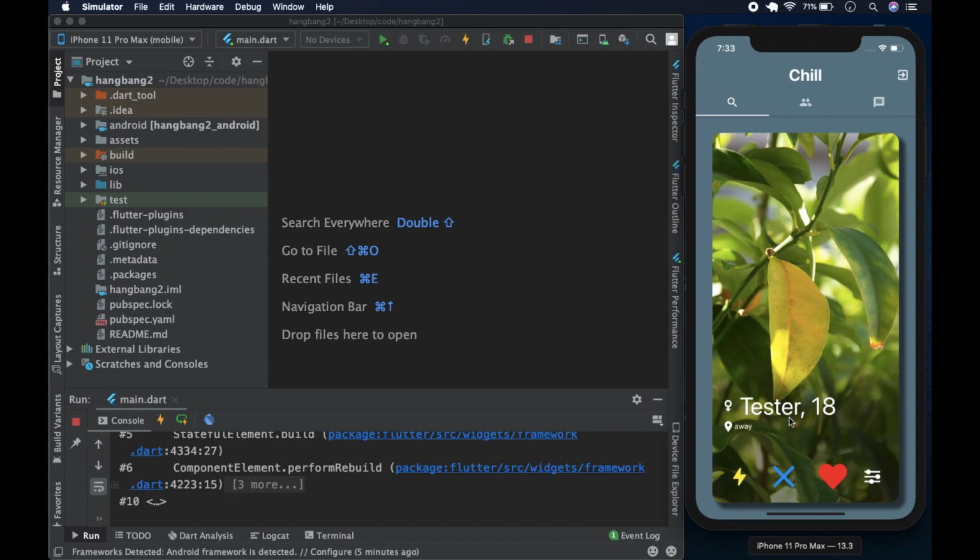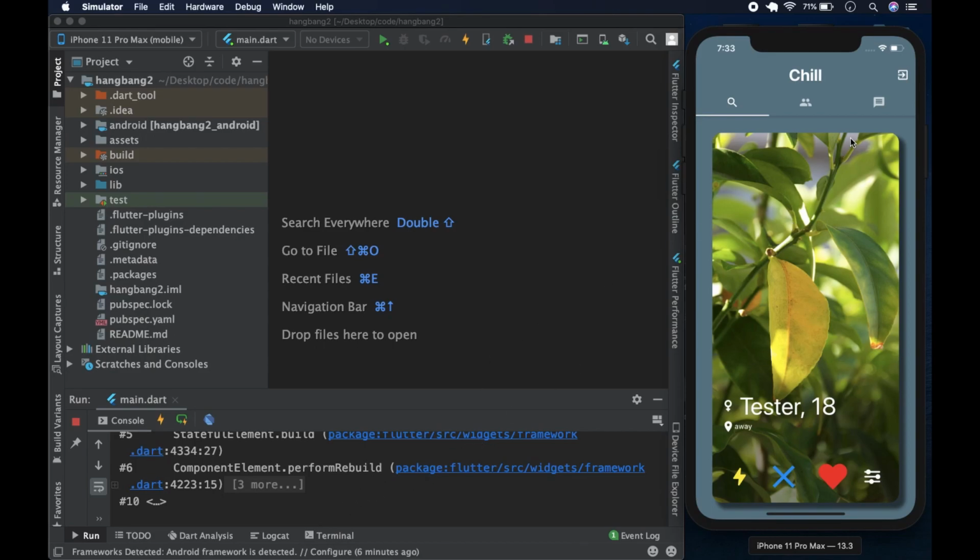imaginatively called Tester, who's 18, and like I said, the geolocator is a bit iffy on iOS, but it works perfectly on Android. I checked, and hopefully when we finish the version we're building, we won't have these problems of geolocator not working on iOS. I'm guessing it's a privacy thing. Yeah, but anyway, we're on the search page, and what I want you to keep an eye on is the